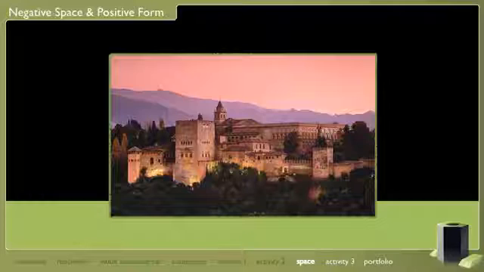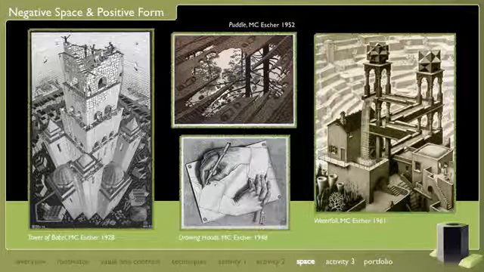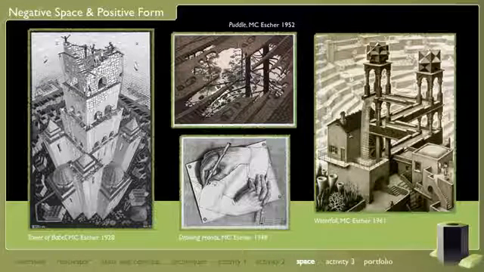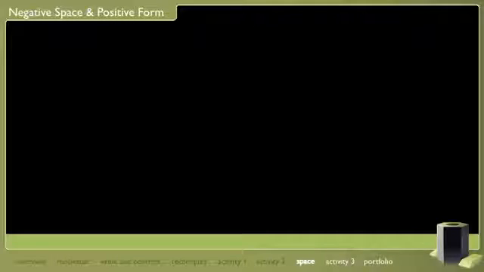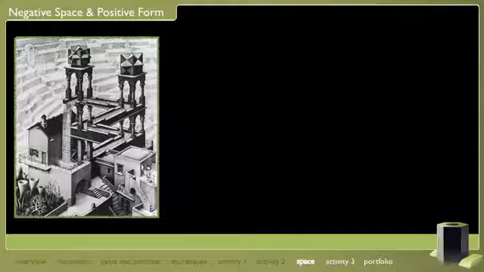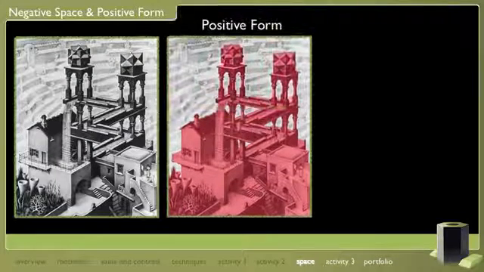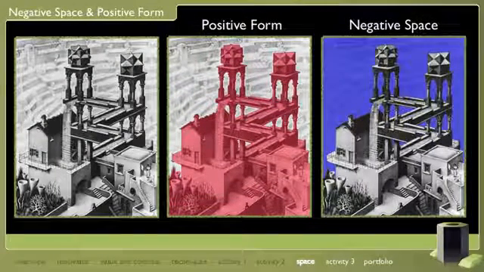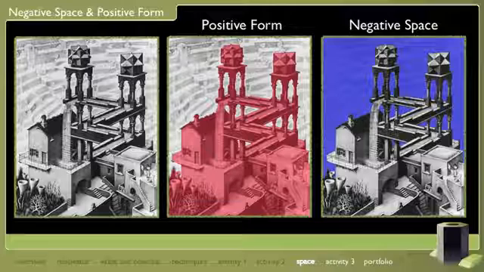He liked to create visual puzzles using perspective and the interplay between positive and negative space. During his lifetime, he made 448 lithographs, woodcuts, and engravings, and over 2,000 drawings and sketches. Negative space is not just empty air, but instead a series of interesting shapes. The next exercise will help you to better grasp this concept.